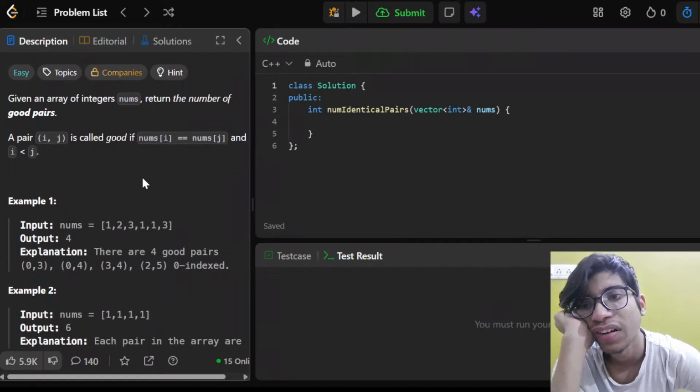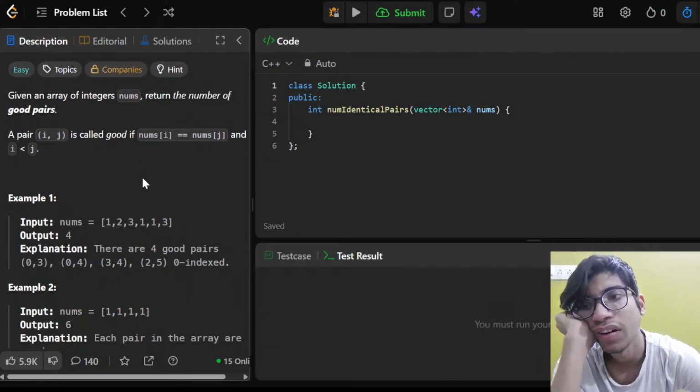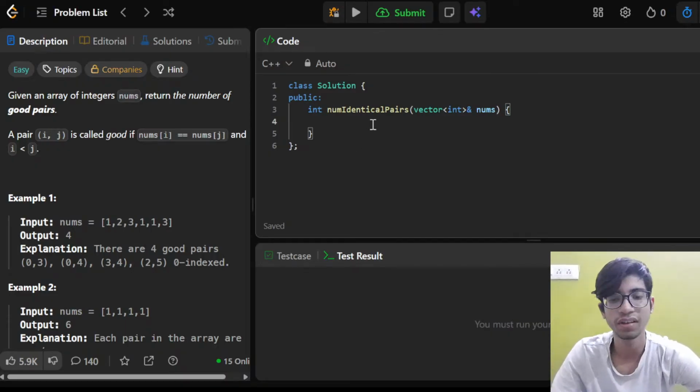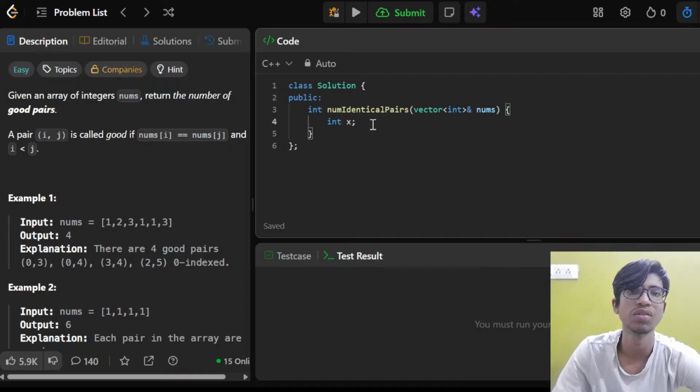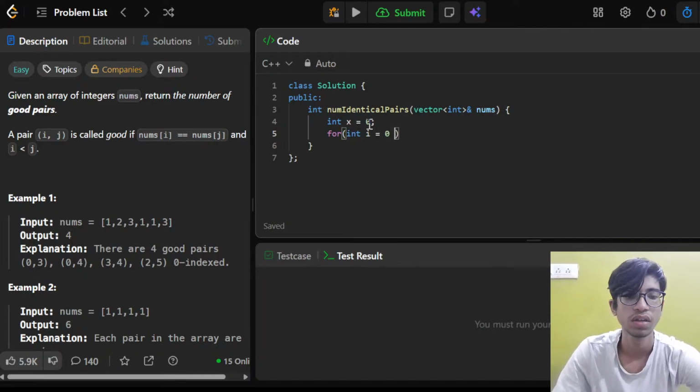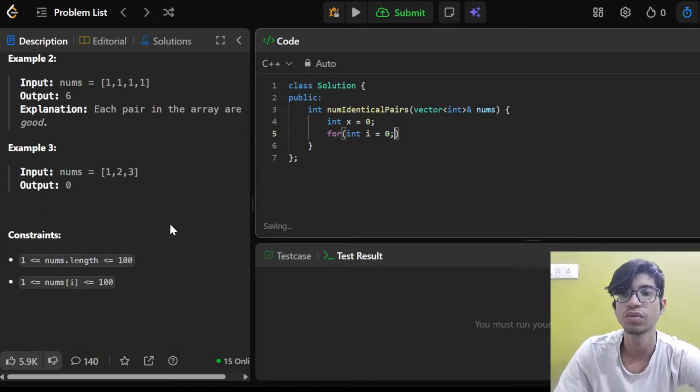Given an array of integers nums, return the number of good pairs. It's called good if nums of i is equal to nums of j and i is less than j. Okay, this is pretty easy. Let's just solve this one and go home. Okay, so x is equal to 0 right now, because if it's equal to 0, for int i is equal to 0, well, I'll just do this in n square.